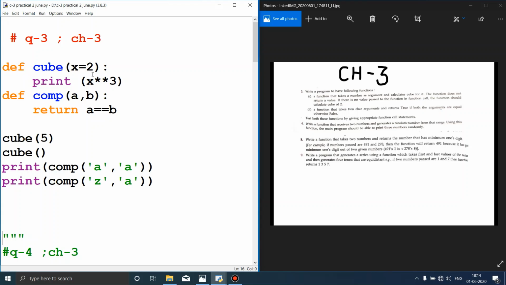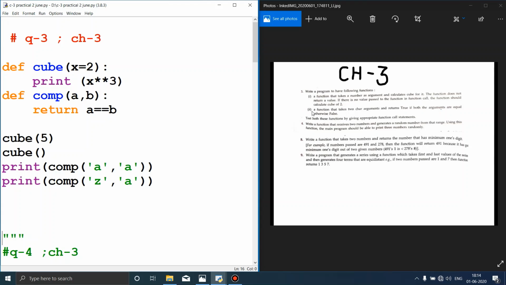The name of the function is cube, and as it has said, if you are not passing a number, we have to calculate the cube of 2. So we take x equals 2 as an argument. Otherwise, if you give cube 5, it will not take 2, it will override 2 with 5 and calculate the cube of 5. The cube of 2 will be 8, and the cube of 5 will be 125.